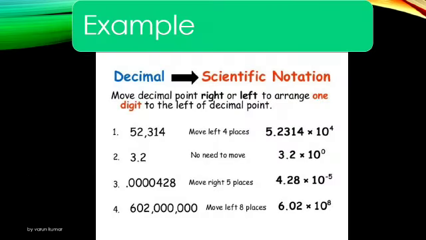See one more example, decimal into scientific notation. First we have to do what? We have to move the decimal point right or left to arrange one digit to the left of the decimal point according to our problem. Suppose, see the first example,